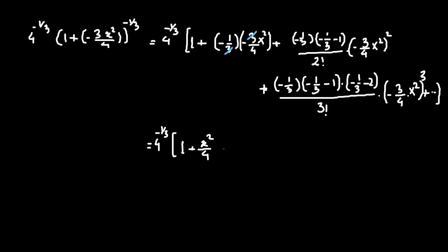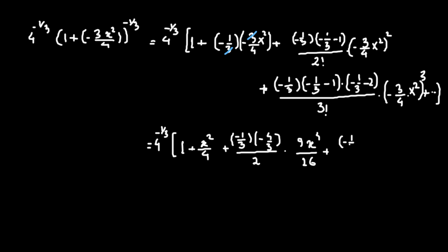So negative 1/3 times negative 4/3, divided by 2 factorial, which is simply 2, times negative 3 squared will be 9, x squared whole squared will be x raised to the power of 4 divided by 4 squared, which is simply 16, plus we have negative 1/3